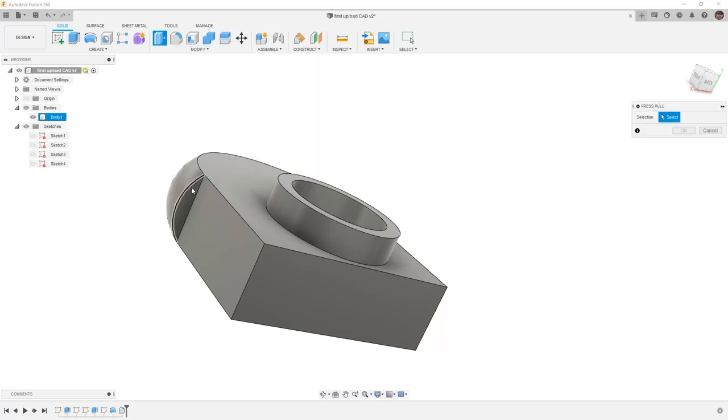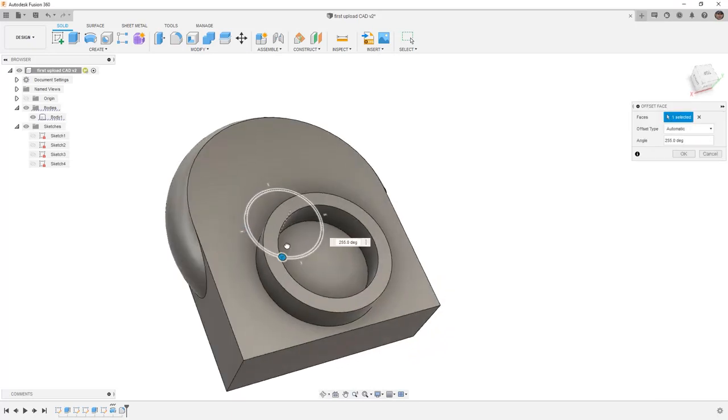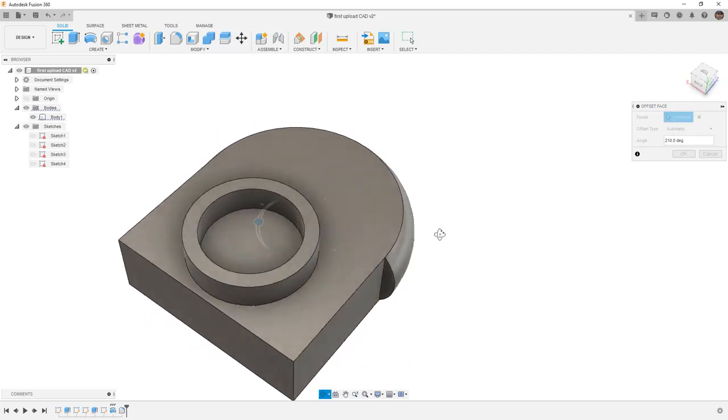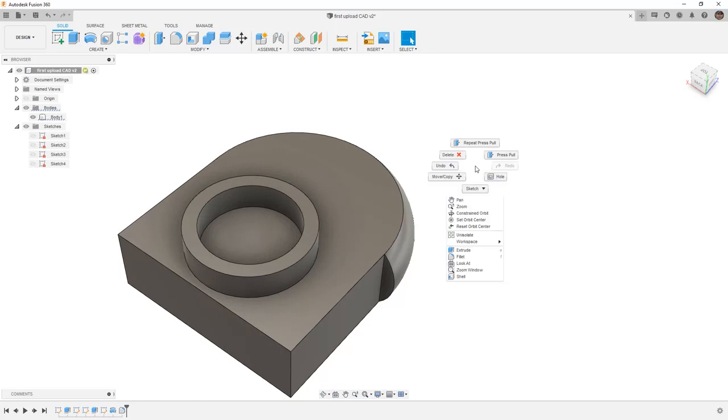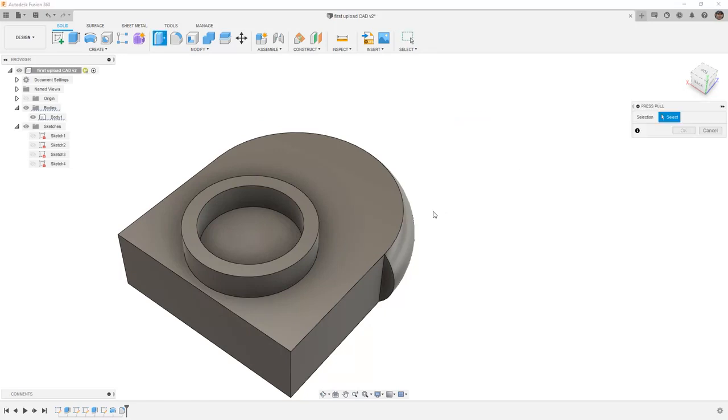Now, Press Pull is a direct modeling tool, but it allows us to select specific geometry, and then we can carry this revolve into the rest of the geometry. Even though the original revolve had a sharp edge, using the Press Pull tool allows us to update the design based on that fillet. We can repeat the process by using our right-click marking menu and selecting Repeat Press Pull